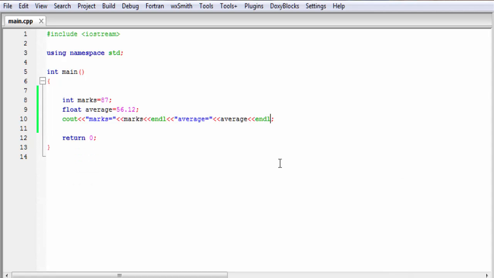And the last thing that I want to tell you, if we compare this cout with the printf function in C, then you can find that cout is better than printf function, because in printf function you have to specify the format specifier, and for different data types you have to specify different format specifiers. For example, for integer you have to specify %d, for float %f, for character %c, etc. But in cout we do not need to specify any format specifier, we just need to specify the variable name. So we can say cout is easier to use than printf function in C.